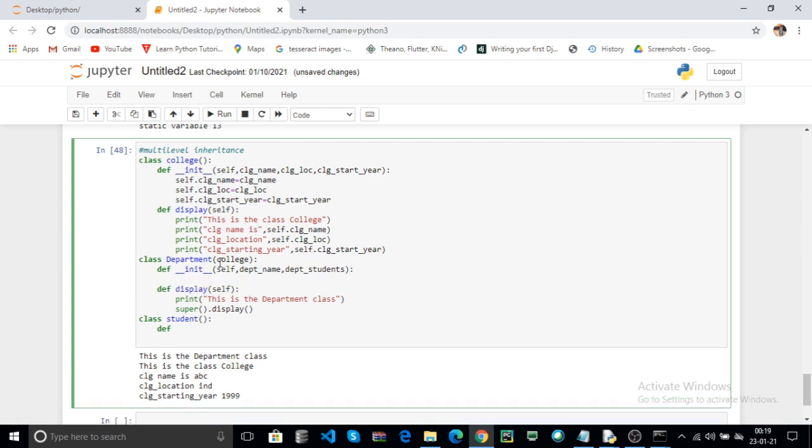The department class contains the constructor. The constructor contains self, DEPT name and DEPT students.